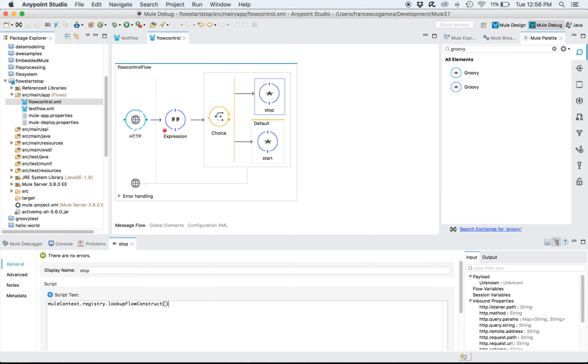construct. And here we can specify the name of the flow. So flow variable, flow vars, with the name of the flow. This will look up from the Mule registry the flow whose name we specified in the query parameter, and this will be an instance of an abstract flow construct